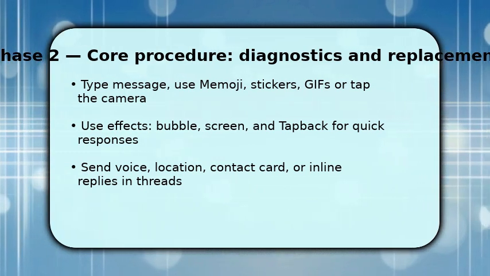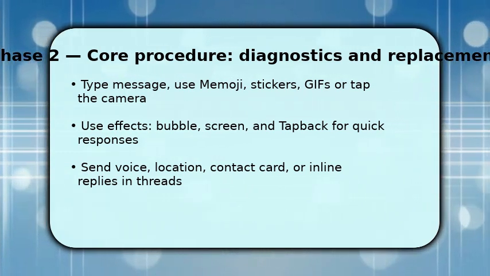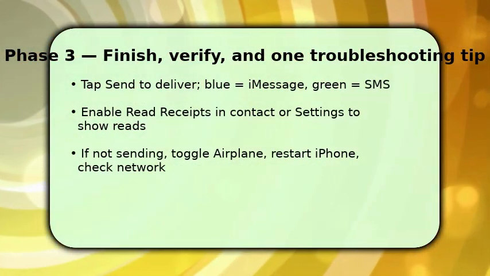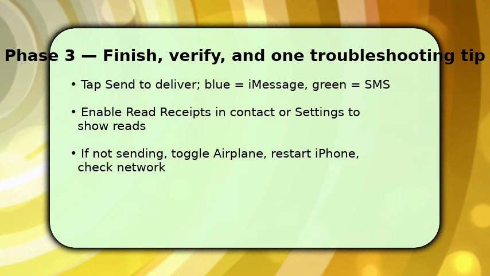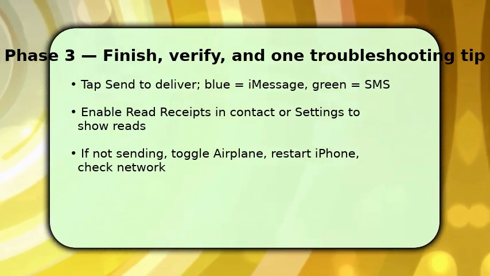You finish by tapping send and watching the delivery status. Blue bubbles mean iMessage, green means SMS. This explains feature differences. Make sure read receipts are enabled if you want recipients to show as read, adjust per